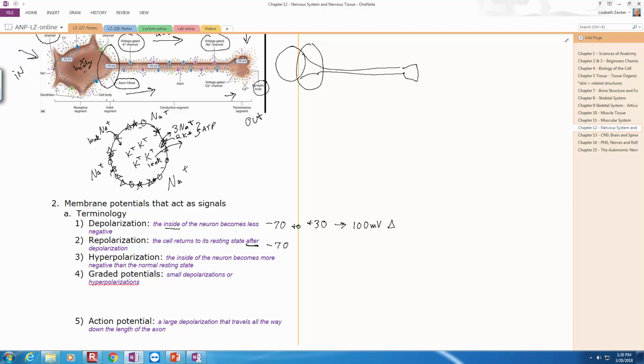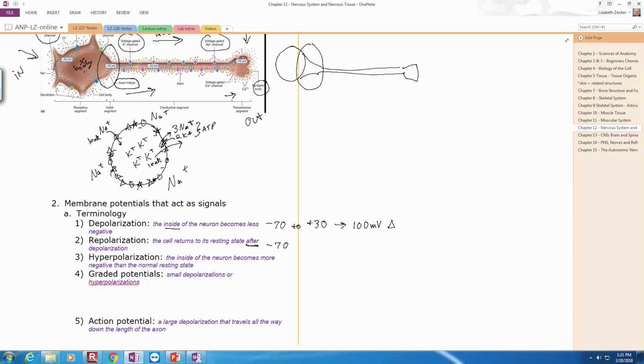Then maybe we depolarize, right? Now we're coming back down for repolarization, which means we have to bring it back to -70, correct? Okay. But sometimes we go a little bit more than what we anticipate, actually every time, and that's called a